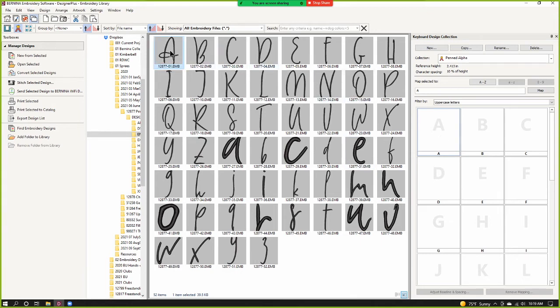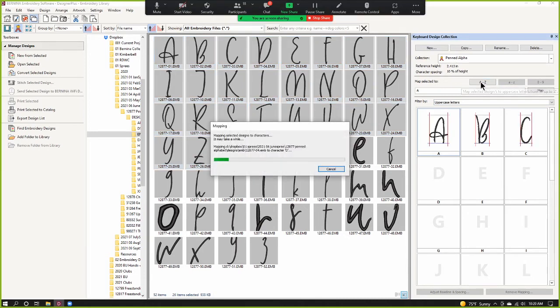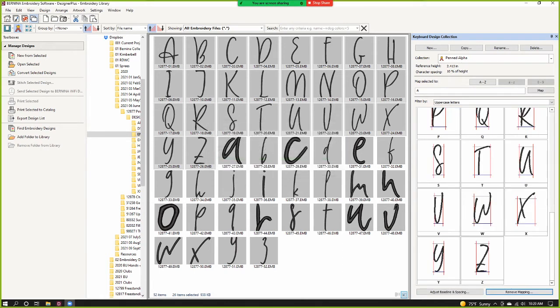So instead, to do this the proper way, I'm going to click on A, my uppercase A, hold down Shift, click on my uppercase Z, and now I can say map selected to A through Z uppercase. And then we wait. So there is a chat message